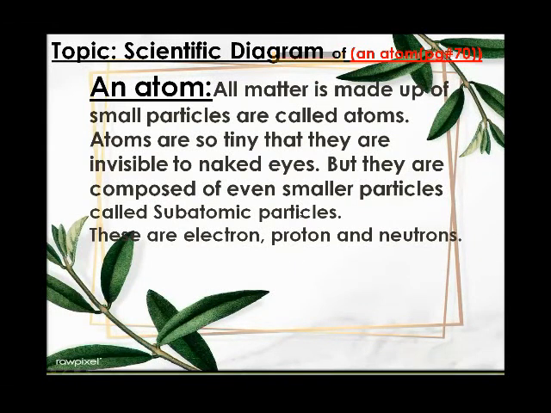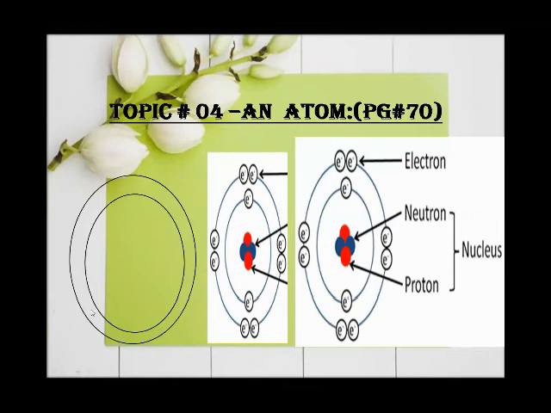come to the picture. Open your book, page number 70. There is a picture of an atom. Okay? So first you draw two circles, just like it. You can use your compass, and with the help of your compass, you can draw the circle. 3 inches, 2 inches, you can draw. And second, you will draw over it. And each part of these lines has a proper or balanced gap.